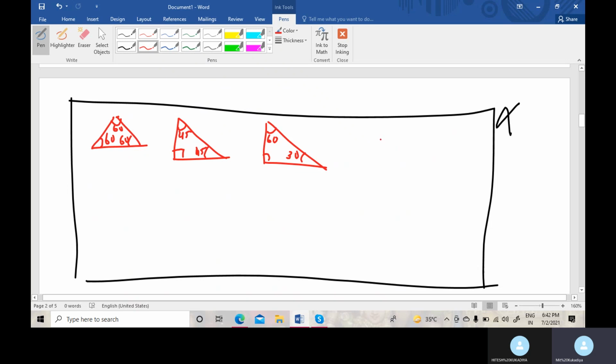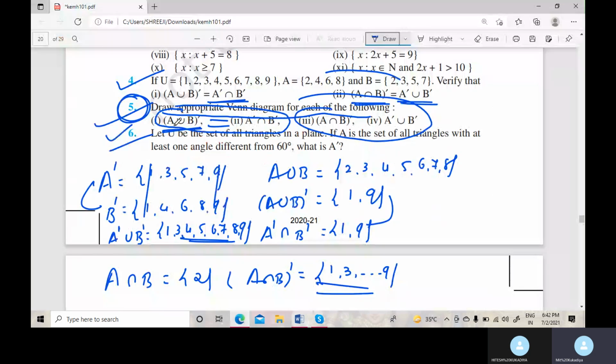Is that clear, student? Okay, and we draw another triangle here with an angle more than 90, say 100, and the others, suppose 30 and 50. Is that clear, student? Now look at this question. Let U be the set of all triangles we draw in a plane. If A is the set of all triangles with at least one